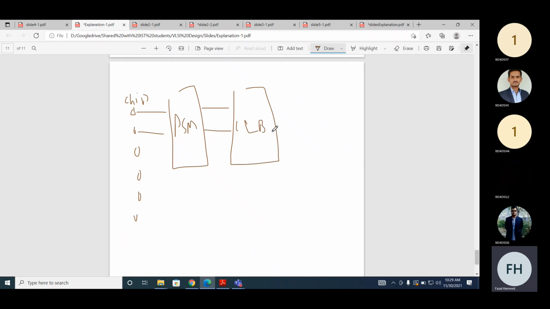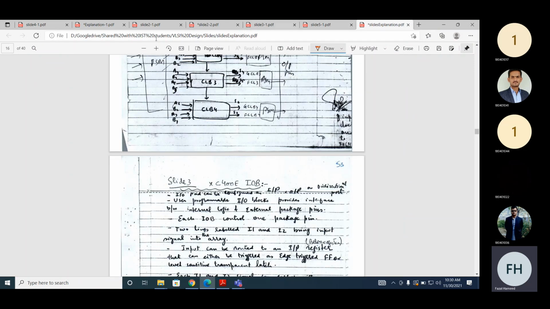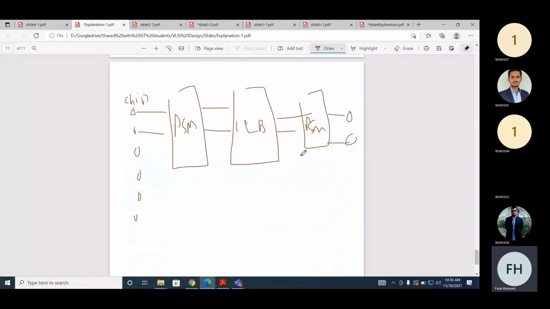CLB will implement the function and the output will go to the PSM or the output block, and then it will go to the output pins. So now this is the whole architecture of how you can implement any function using this CLB. Interconnect we have. So what is this PSM? PSM: programmable switch matrix.